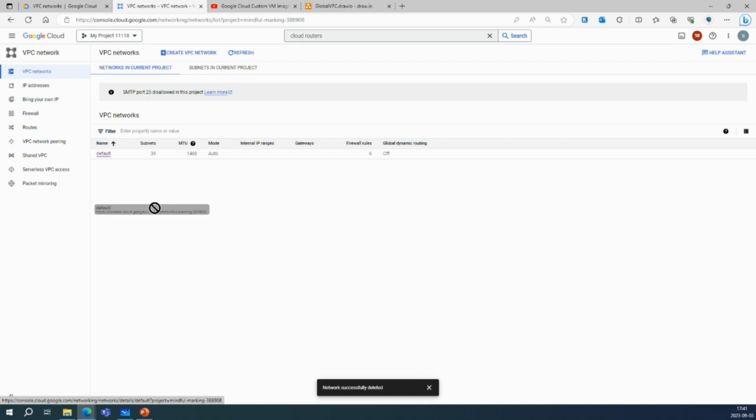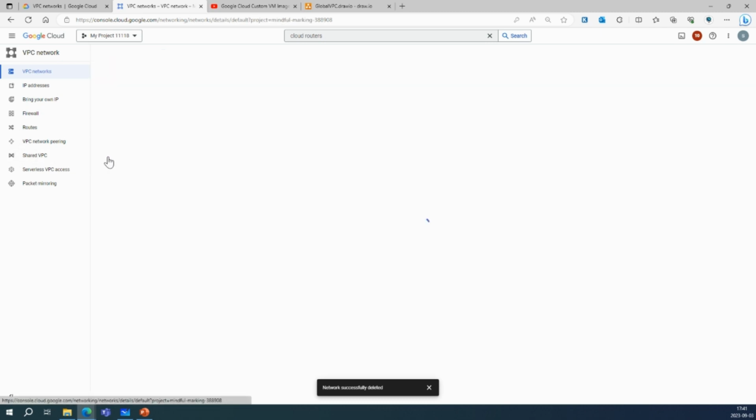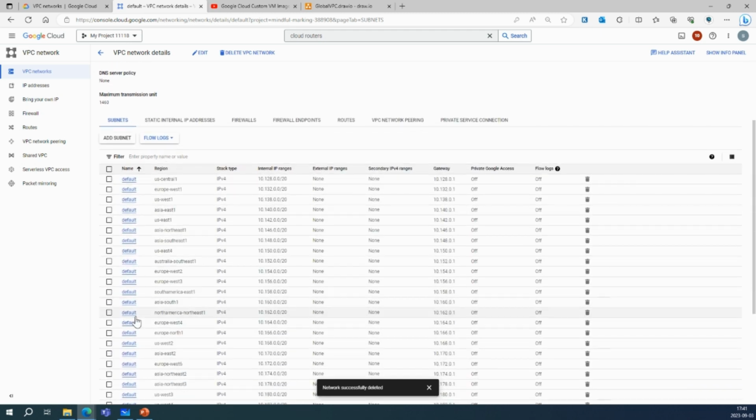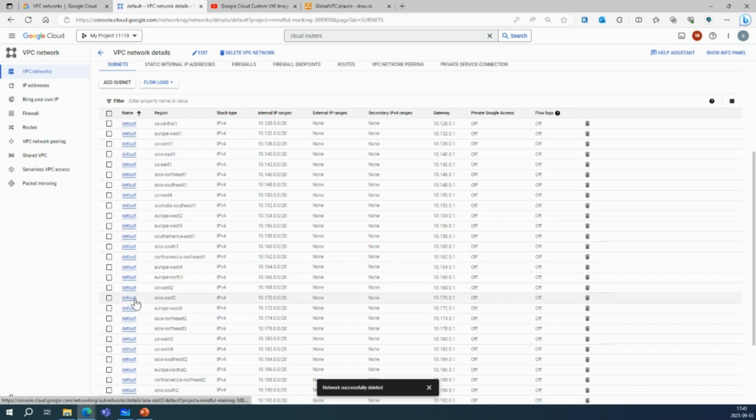This default VPC network is a default network that is provided by Google. I see I have 39 subnets. This is auto mode. I have 6 inbuilt firewall rules, and the global dynamic routing is off. So if you click on that, you'll see these are the auto subnets, which are created by default